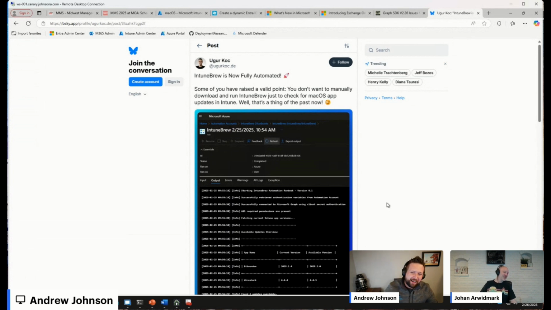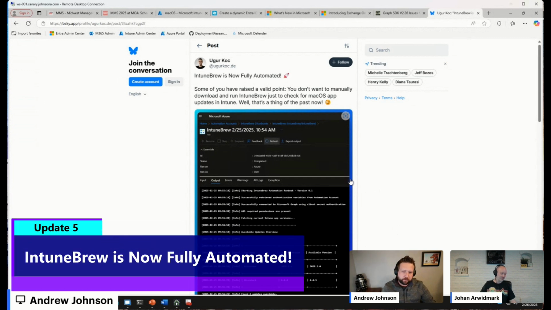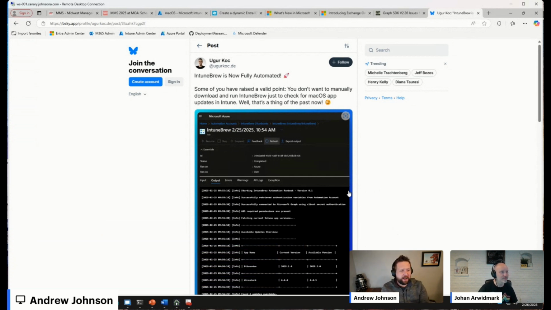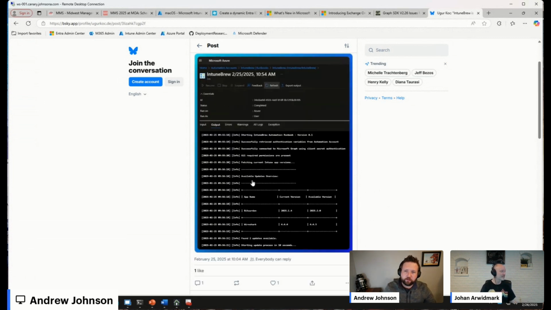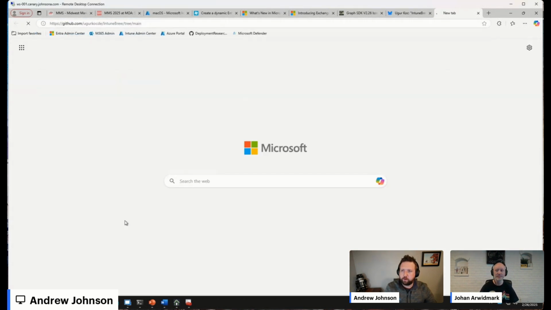So if you're using Azure Automation, this new version of IntuneBrew is now fully automated. You can actually set the script up in Azure Automation and schedule a runbook to run on a schedule and update your applications in Intune, which is awesome. So basically what IntuneBrew does, if you have not used it, is if we go over to the GitHub repository for it,